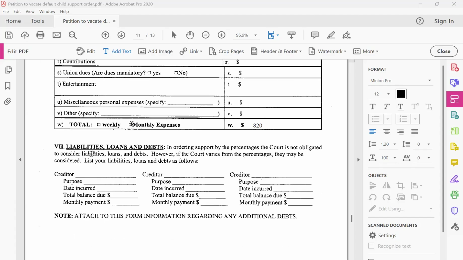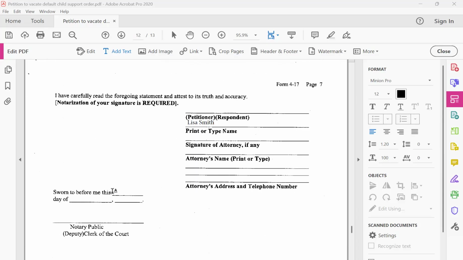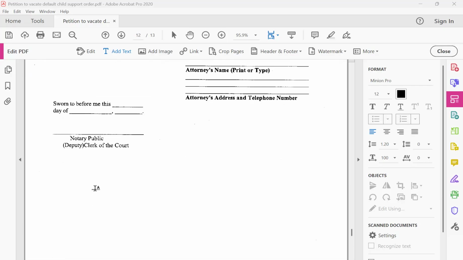Down here under liabilities, loans, and debts, if the client is paying off a credit card, let's say they owe MasterCard $1,000 and they're paying the minimum amount each month, you would put that here. If they were paying National Grid a large bill and they were paying it per month, we would put that information here. And then finally, the client is going to sign again in front of a notary,